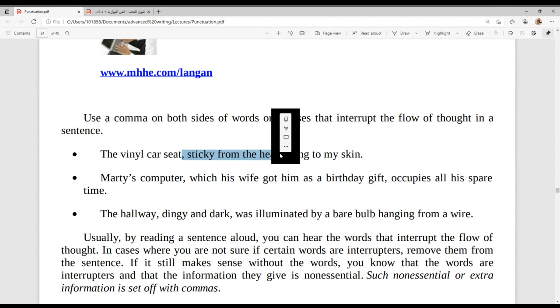So we place this information between commas because it is extra information. We use commas in English to add extra information. Sometimes we call them parenthetical sentences, adding extra information about the head noun. This is number one. Number two, it could be a paraphrase. Number three, it could be a synonym of the previous words.